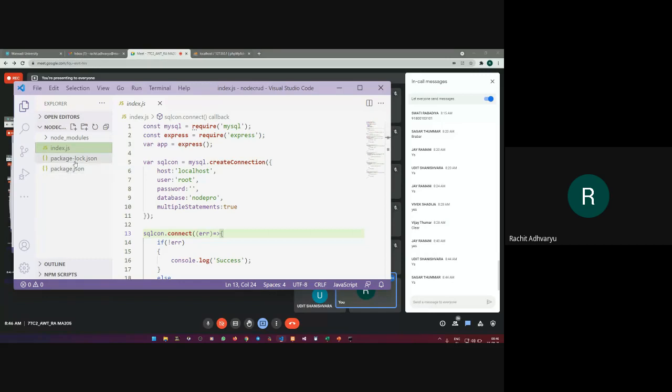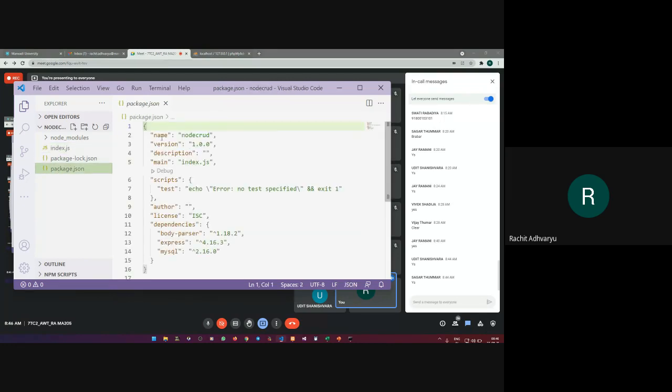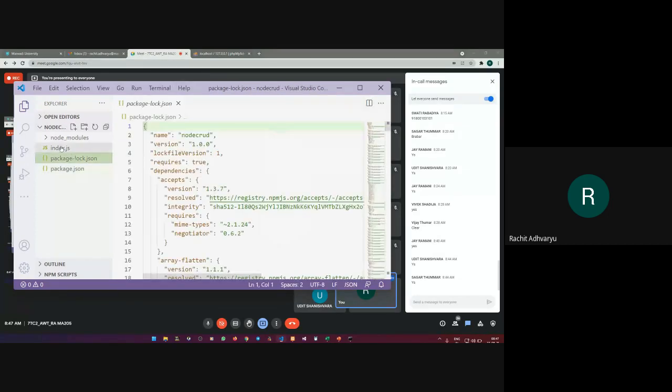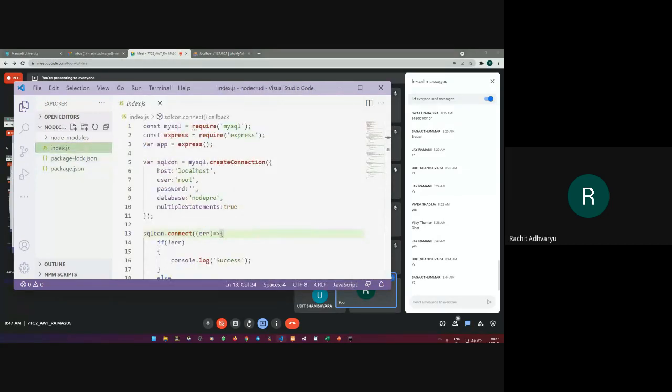And you can see, because these are the earlier versions of my node, the package.json file is available, and that file will contain the application name, the version, and what the main file is. This is the index.js file, then body-parser, Express, and MySQL. So everything is available here, so I don't have to worry about any components of Node that I want to use for execution. Okay, so I just close this file, and we are going to work with only the index.js file, nothing else.